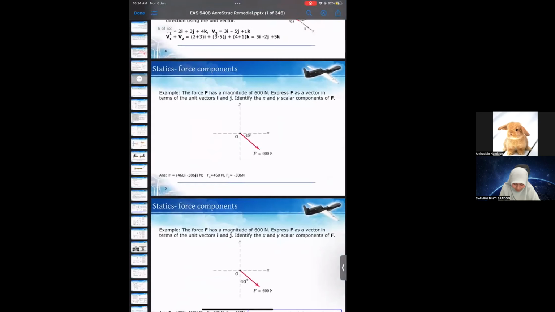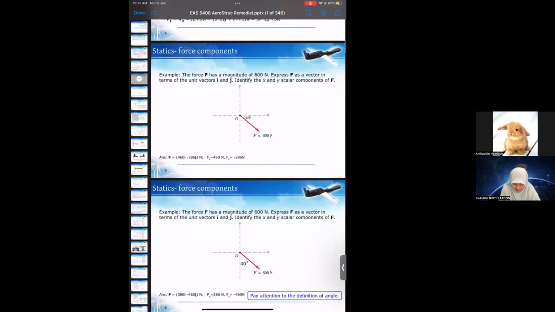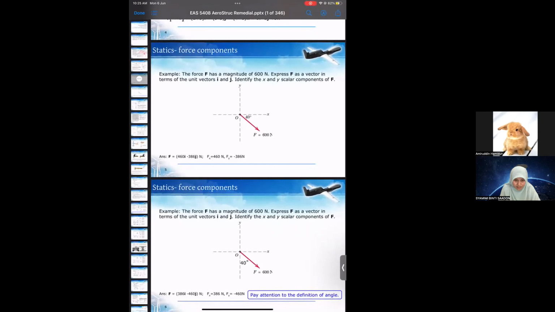So if we have a force, a force is a vector because it has direction. A force with a magnitude of 600 Newton. Express F as a vector in terms of the unit vectors I and J. Identify the X and Y scalar components of F. So if you have a force of 600 Newton, how are we going to decompose the force in X